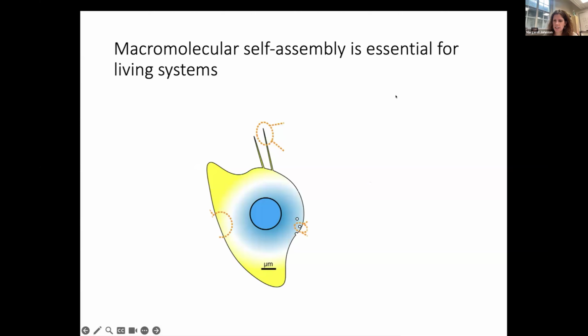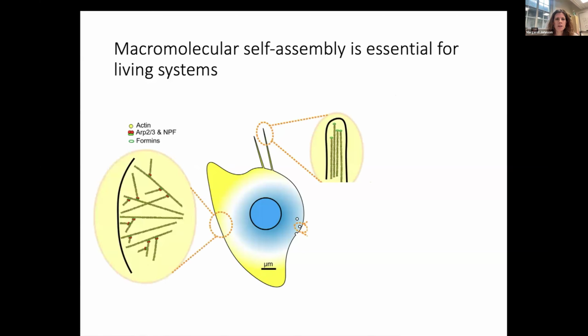This is a picture of a cell, and I want to highlight a few examples. So the filopodia are driven by self-assembly of the actin cytoskeleton into these filaments. For cell motility, actin, again, I have two actin examples here, forms this branched network that's important for the